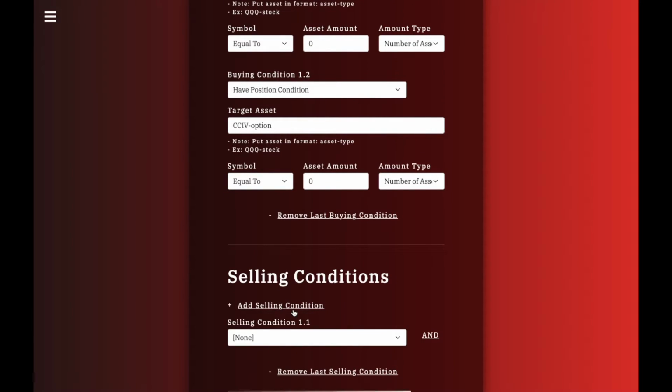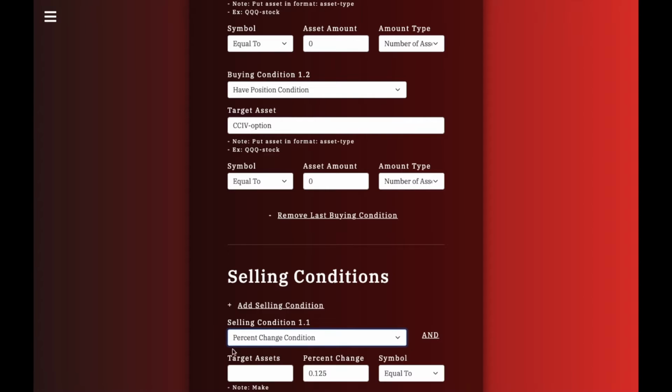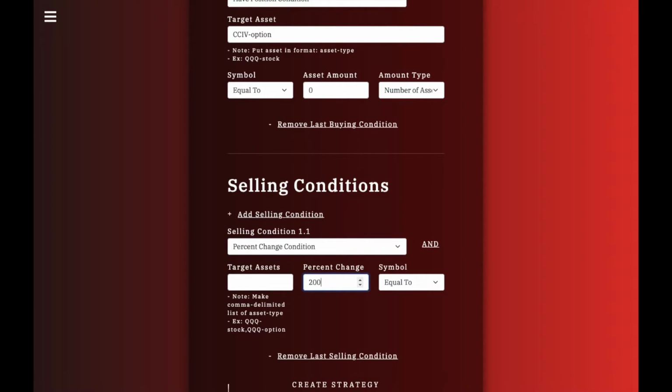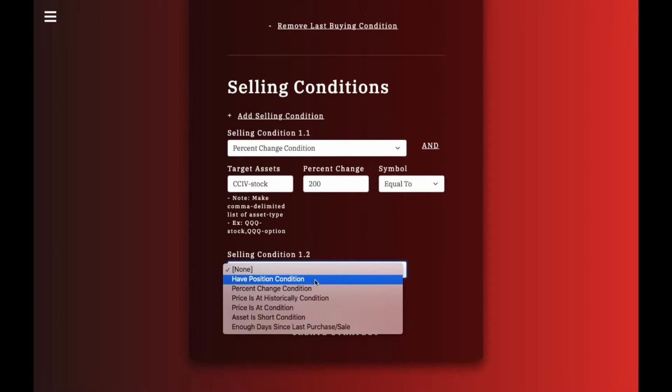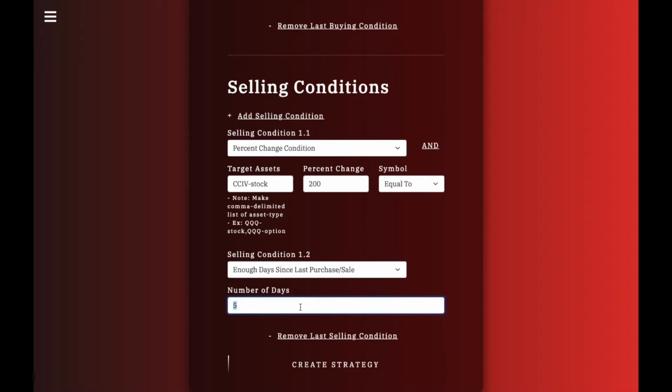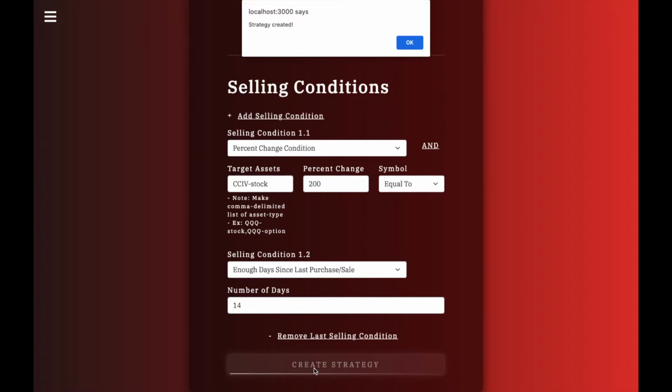And to sell this stock, we're never going to sell this stock unless something crazy happens. If CCIV is up 200% on our current positions, then we'll go ahead and sell some of our CCIV stock, but not all at once. We also want to make it so that we cannot sell CCIV if we have sold any CCIV stock in the past 14 days. So this is going to really make it so we're going to hold some CCIV for the long term. And once all these buying and selling conditions are thought up, we can click create strategy and